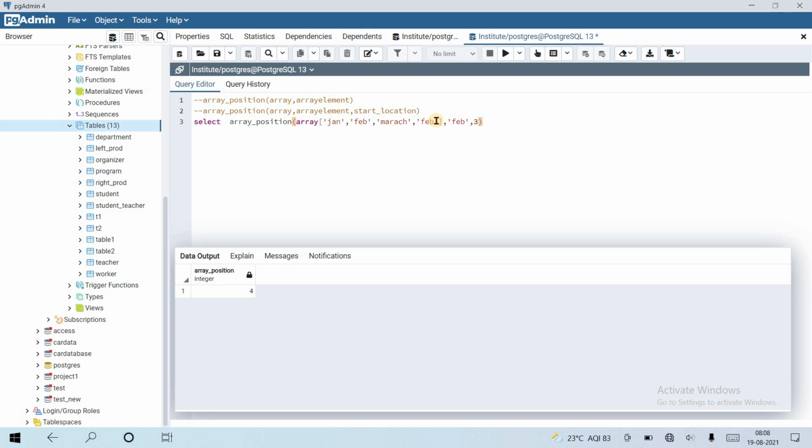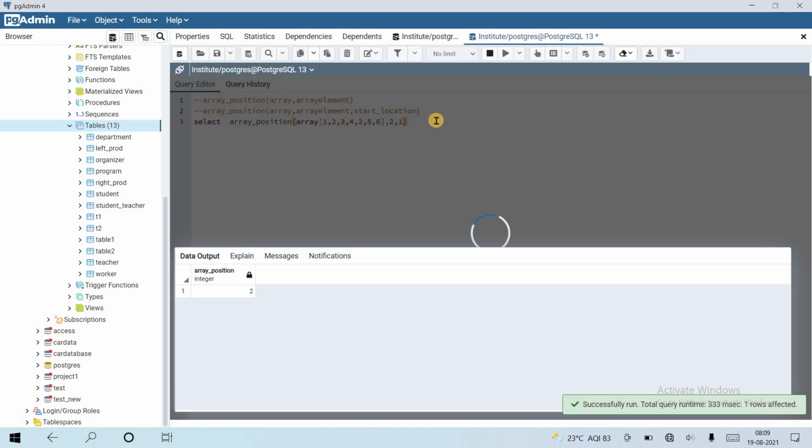Array of 1, 2, 3, 4. Now you will get the point. So is there any need for a second example? Okay, let's see. Now we want to find 2. We know the first 2 is at the second position.